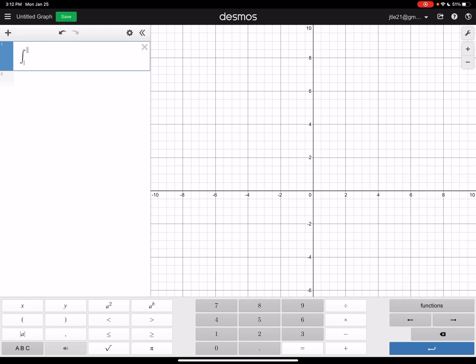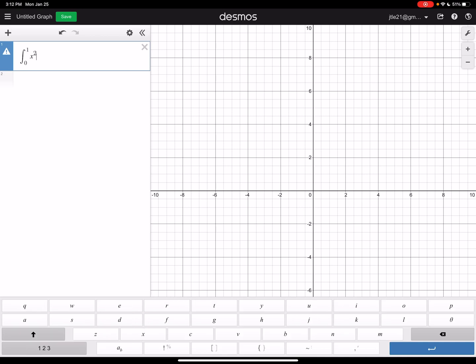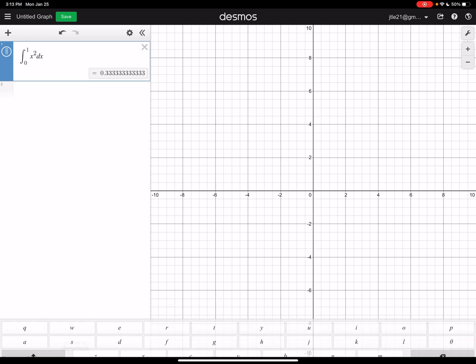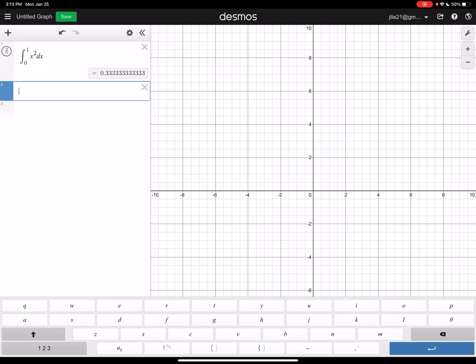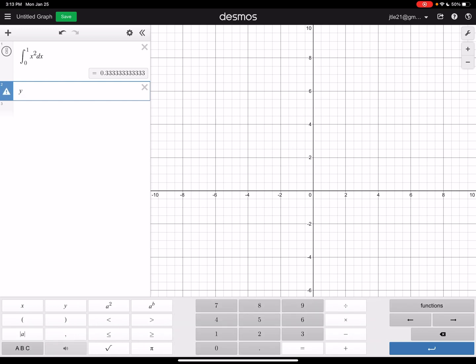Where is it? Integral, okay? We're going from 0 to 1, and we're integrating x squared with respect to x, so dx. Check that out at the very top, okay? 0.333 is just 1/3, okay? Now, physically, if you want to see what's happening here, we have this curve y equals x squared, and